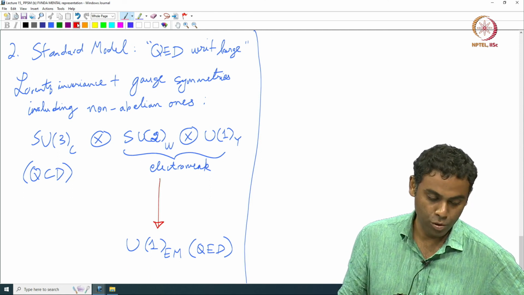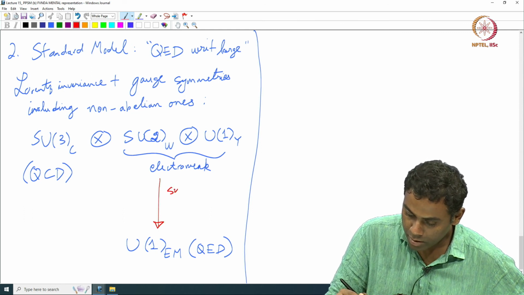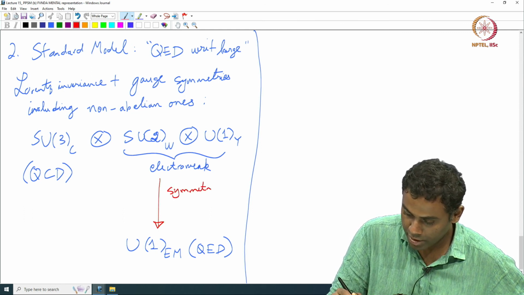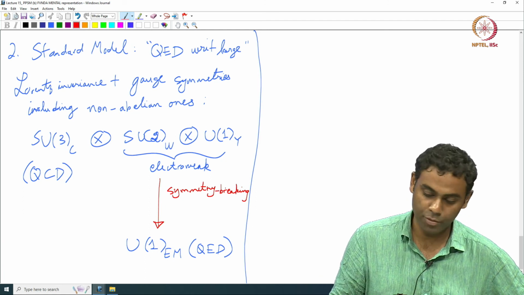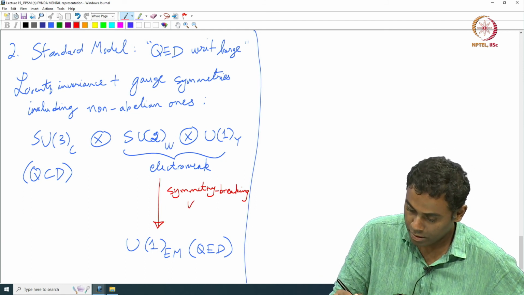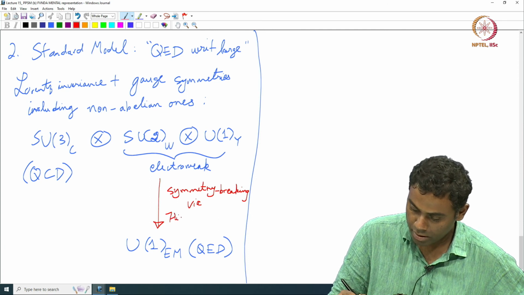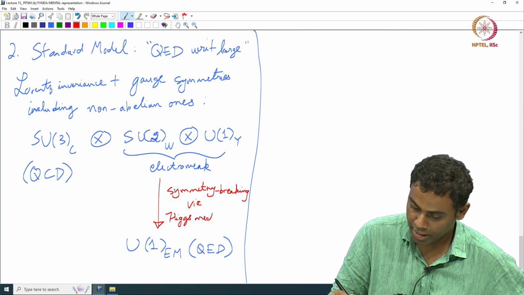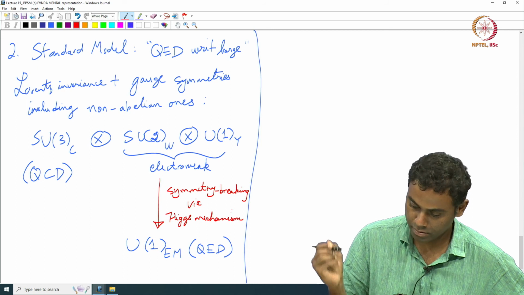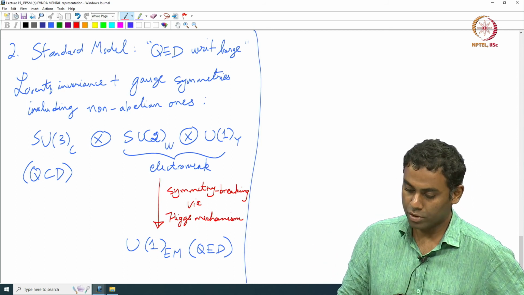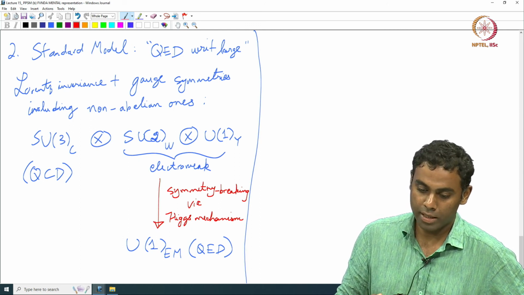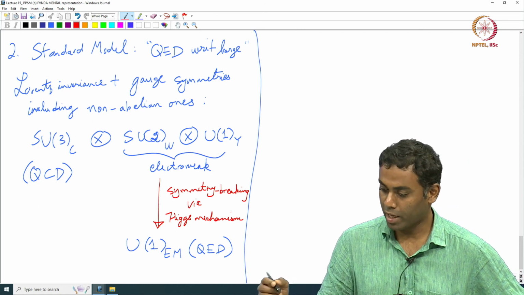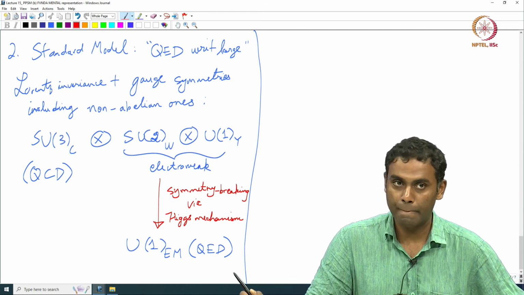So, what do we mean by losing symmetry? The technical term is symmetry breaking. Okay, we will see how to do symmetry breaking, in particular via the Higgs mechanism. Okay. So, this is where we are going, all right. So, let me close by quickly explaining what I mean by this new word gauge symmetries.